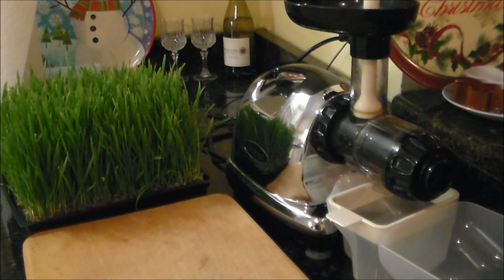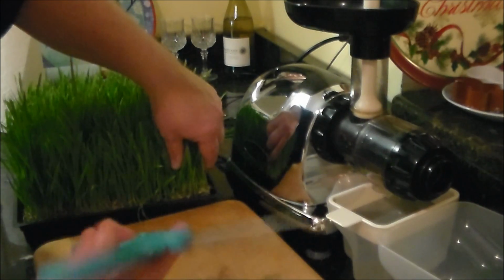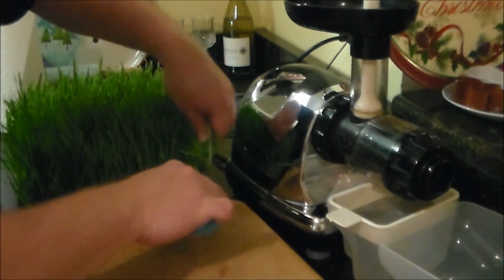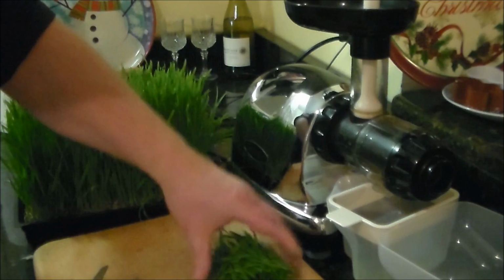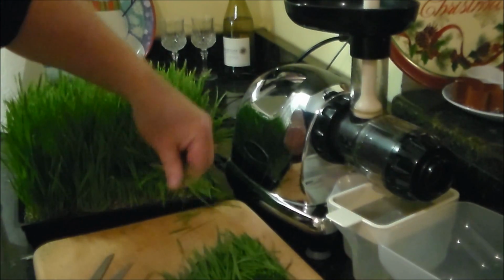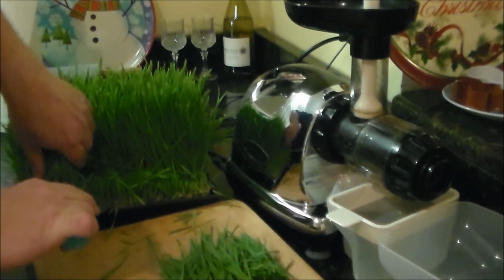Okay, so the next step is we're going to be harvesting our wheatgrass and getting it prepped for juicing. What you do here is you take a pair of scissors and you want to cut this down as low to the ground as possible. Just take handfuls, working by rows here, and cut it down just like you'd be doing if you were cutting your lawn outside,